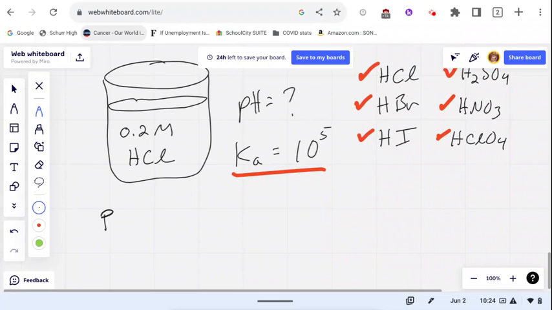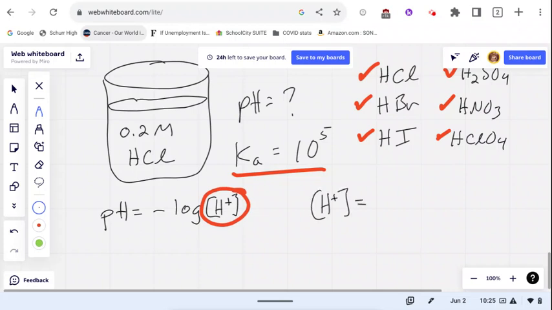In order to calculate the pH of the solution, what we need is the hydrogen ion concentration. So what we're going to need here is to figure out what the hydrogen concentration is. So we need this right here. How do we get the hydrogen concentration? Essentially, on a strong acid, your hydrogen concentration is just the initial concentration of the acid,